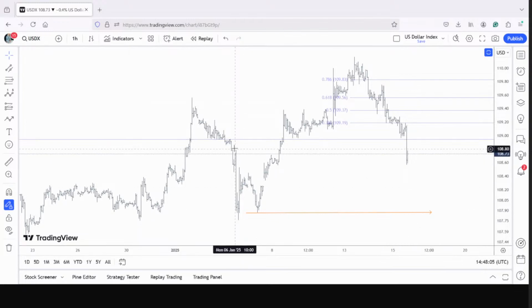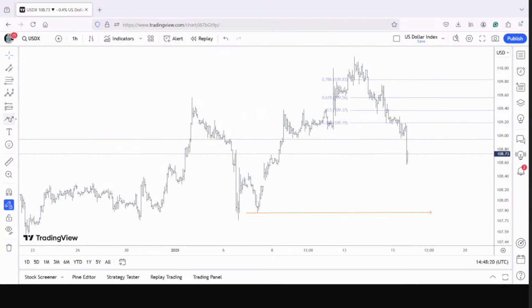See, when the trend changes, when the bulls are out of control and bears are back in control, what's going to happen is lower lows and lower highs, period. We need to understand that. And the sequence has already started.